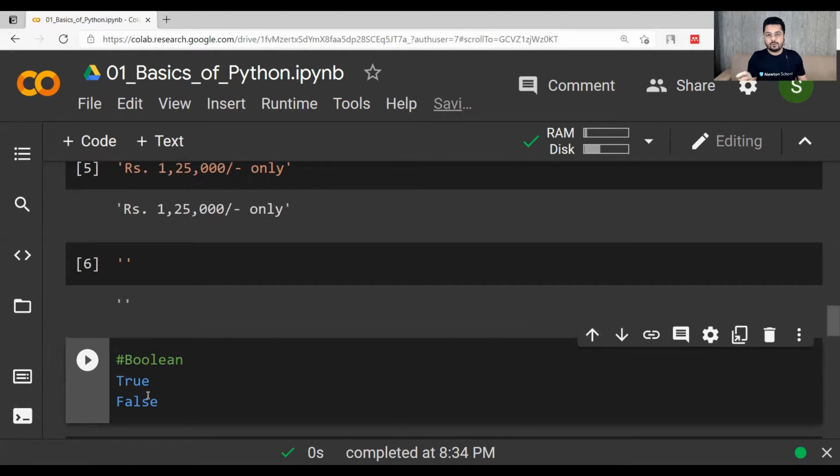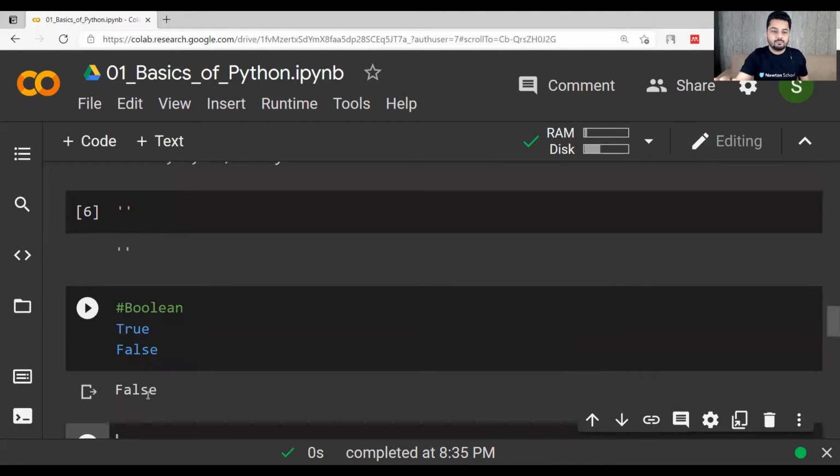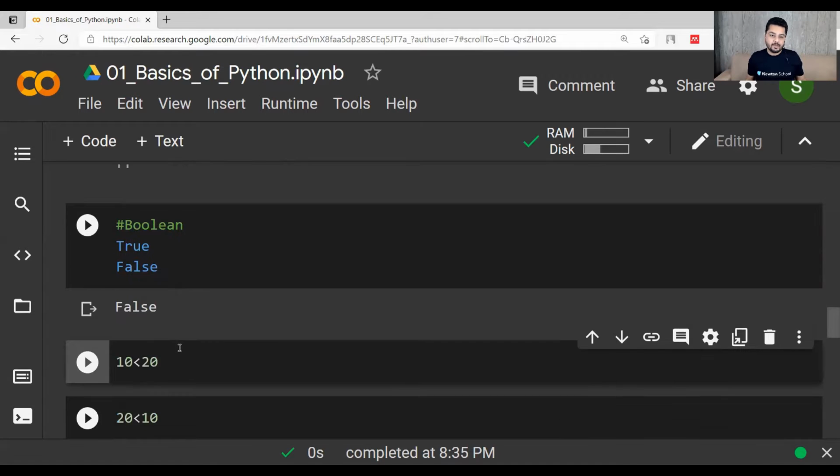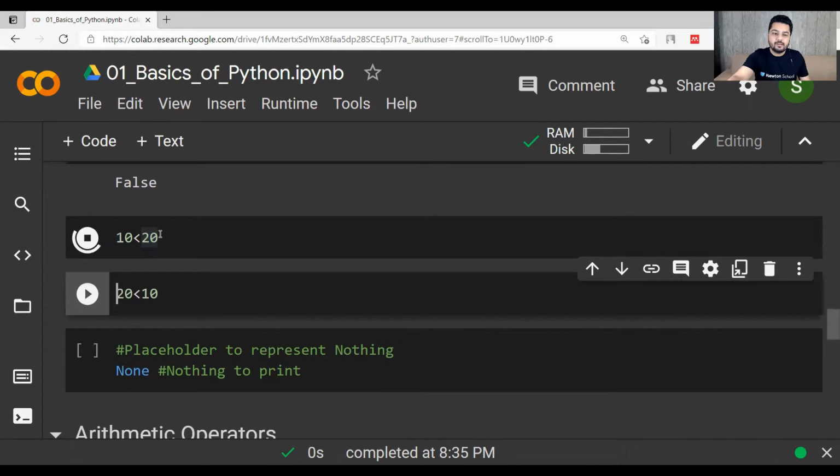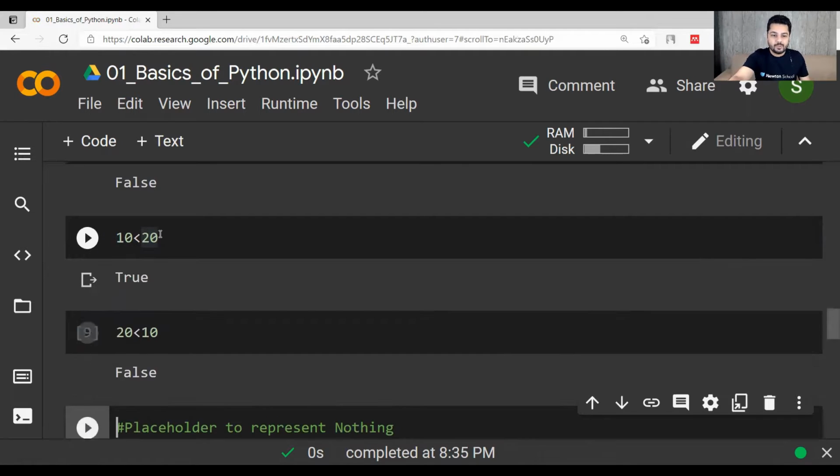And if it is equal to 0, it will be false. So these are the two Boolean data types. Let's see how the things are being printed if we run these commands. So 10 less than 20, it is true, right? 20 less than 10, it is false. So true and false is being printed.